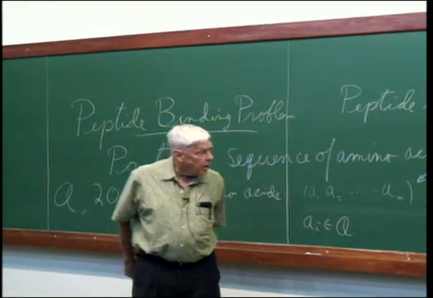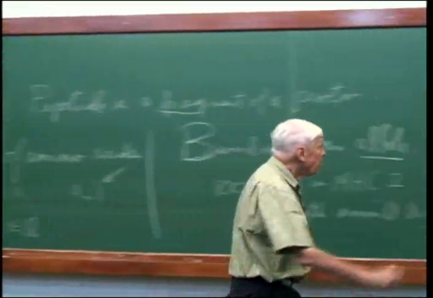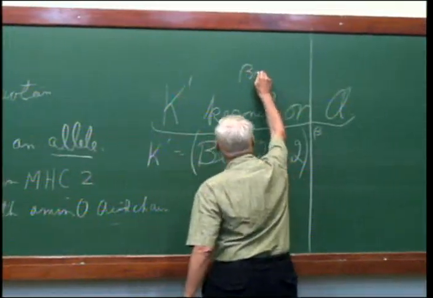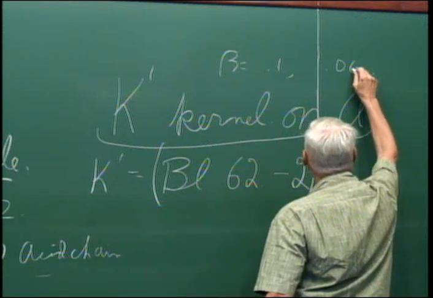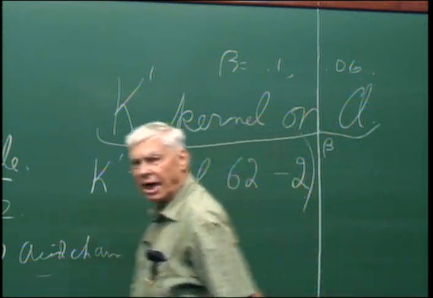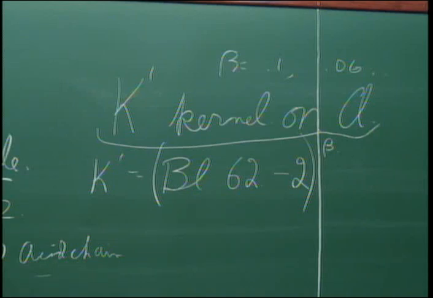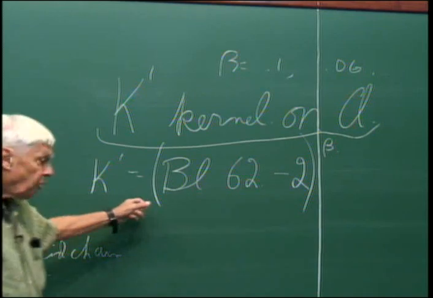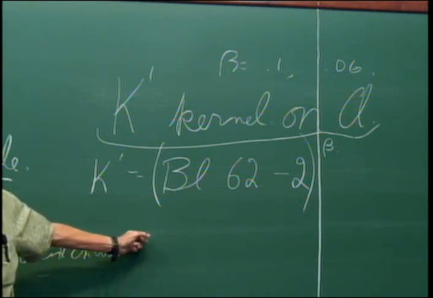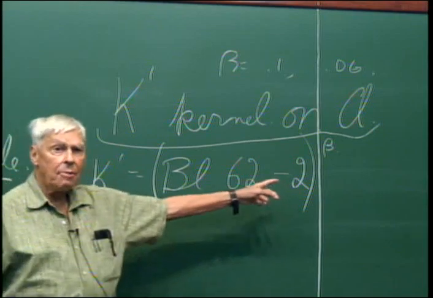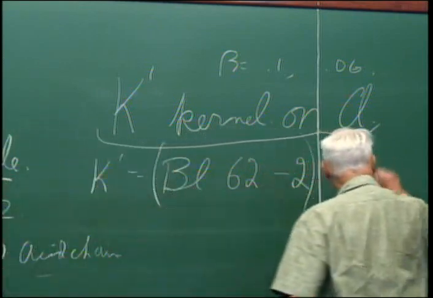Naively, you could take 1, but we usually end up with beta equals 0.1, 0.06, depending on the space we're looking at. So that's what we choose, and we choose that by a lot of numerical experimentation. We get such a number, a power. This is a Hadamard power. It's not the power of the matrix. It's the power of the elements of the matrix. So you take each element of the matrix and take it to the beta power. Let me emphasize this is Hadamard.